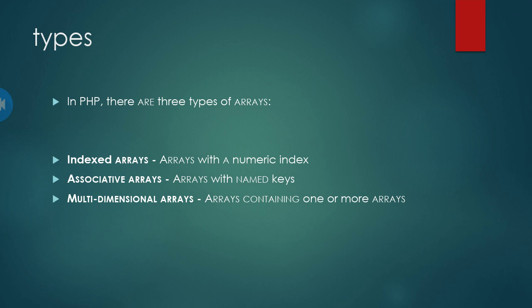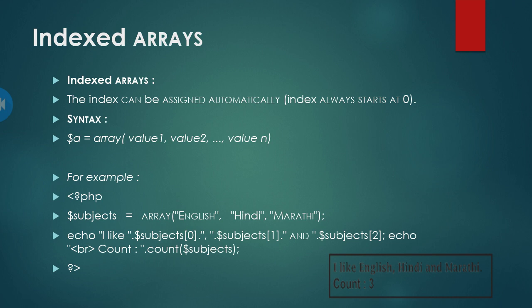So you must know that in an indexed array we make use of index numbers like 0, 1, 2, 3, 4, 5 and so on, whereas in an associative array we make use of names or values, whereas in a multidimensional array there is more than one array. So I have taken an example of every array. So let's start with the first.